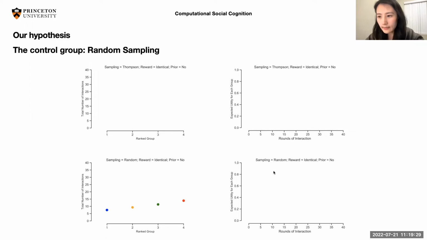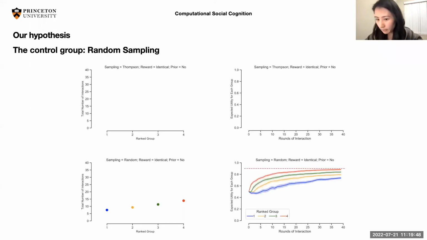Now, if you look at the figure on the bottom right, that is the estimated reward. On the x-axis, you're seeing the rounds of interaction from the first round of the game to the last round, the 40th round. On the y-axis, we have the estimated reward. This dotted red line is the ground truth, the 90% reward rate. We're seeing the estimation approaching this ground truth. Although it's not perfect, it's approaching the ground truth, which is good. Now, what's really critical is the Thompson sampling condition.